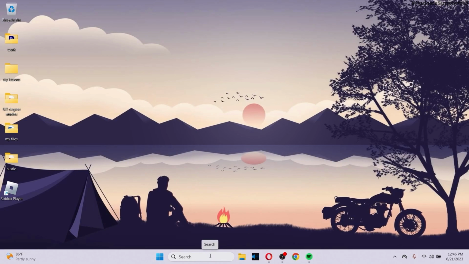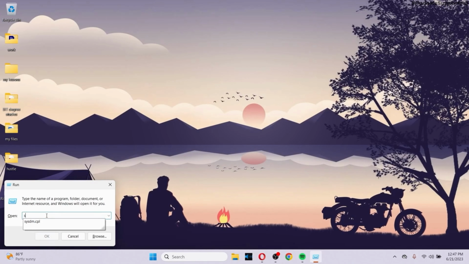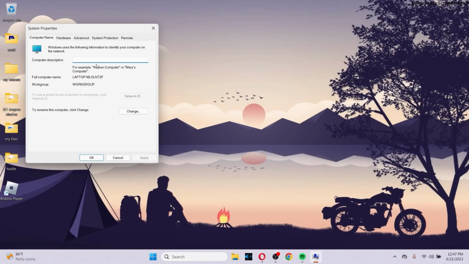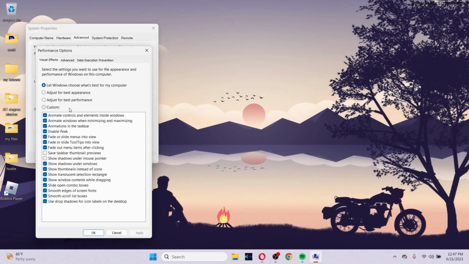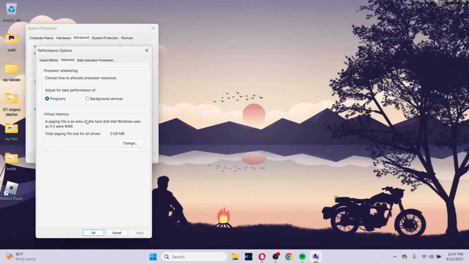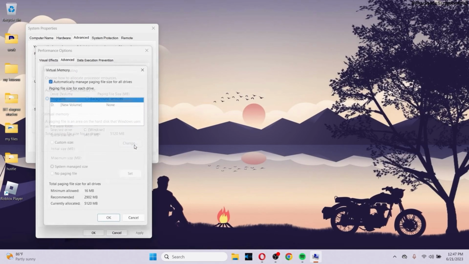click on Windows plus R and inside the run make sure that you type sysdm.cpl. Click on OK and after this page opens up, then go to advanced, go to performance, click on settings. After that click on advanced again and under the virtual memory section right here click on change and after that